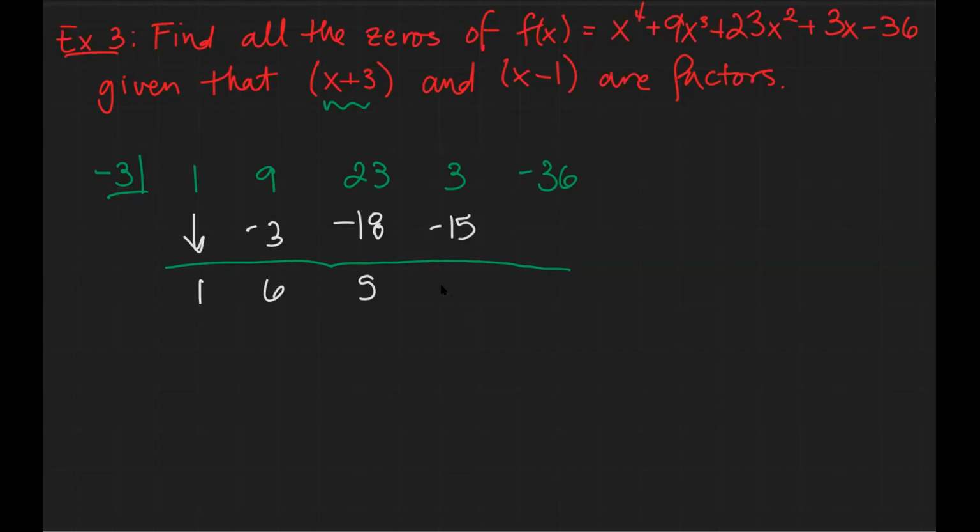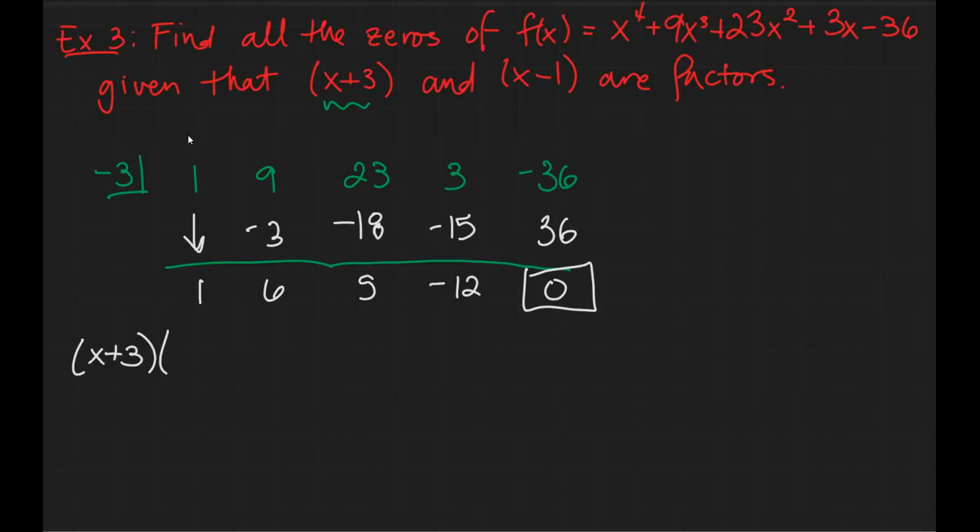-15 plus 3, that is -12. -3 times -12 is +36, which gives us a beautiful, gorgeous 0. Okay, so we found a new piece of information. We know that this polynomial is equal to x plus 3